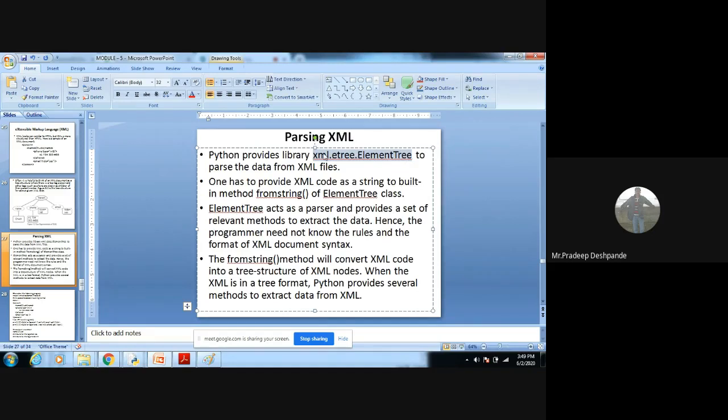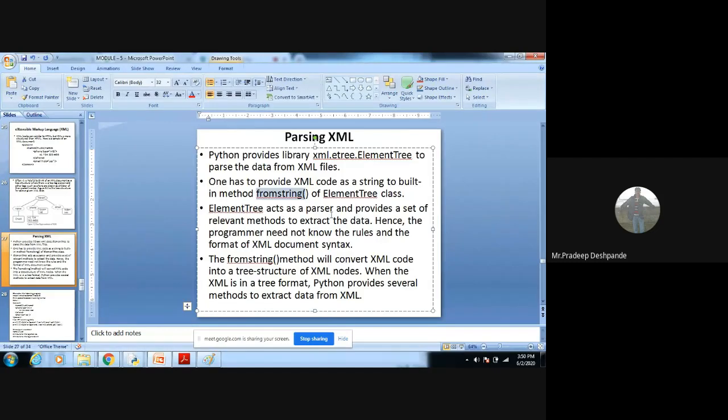This is one of the libraries available in Python to parse XML files. One has to provide the XML code as a string to the built-in method fromstring of the ElementTree class. So fromstring is one of the methods of the ElementTree class. We have to provide all the XML code to this method. We'll see in the example.